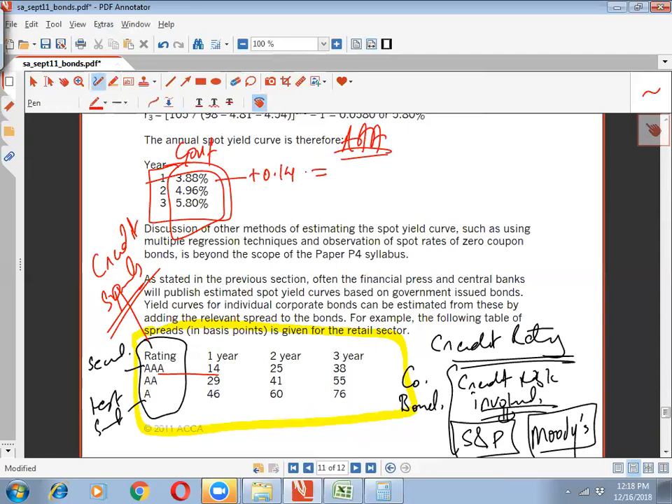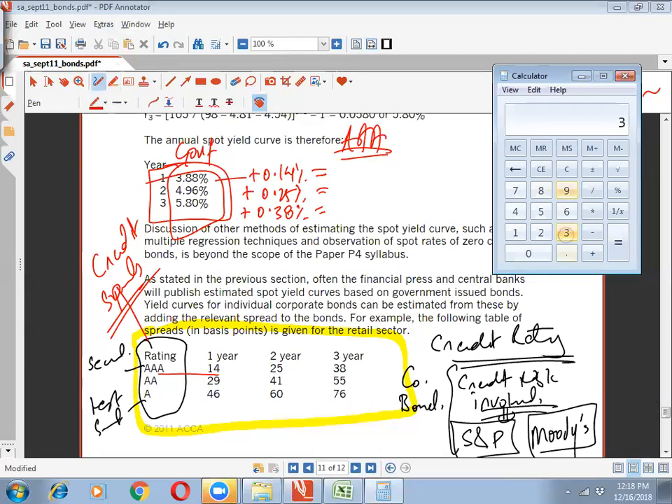I did discuss in yesterday's session what we mean by basis point. 1% has 100 basis points. So 1 basis point means 0.01%. If there are 14 basis points, that means 0.14%. Then for the second year there is 25 basis points, which is 0.25%. Then in the third year there is 38 basis points, so the credit spread is 0.38%. Is that fine? So if I need to establish the yield curve for a AAA rated bond, how would I do it? I would do it this way: